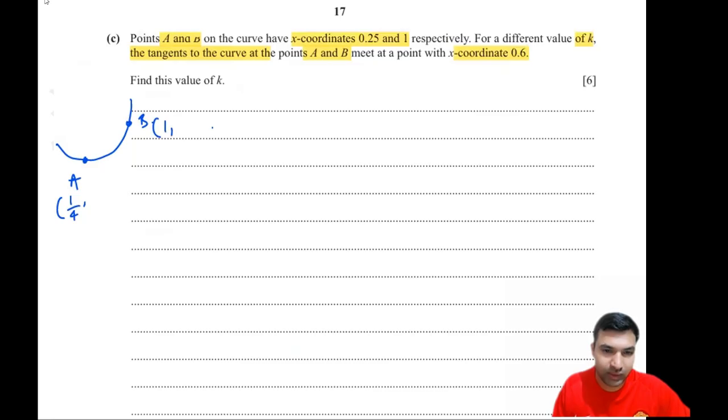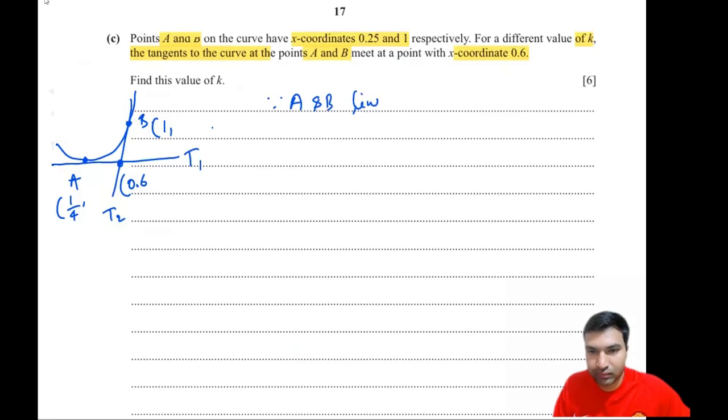So I could find the y value. And there are tangents drawn at this point and this point, right? So they meet at this point whose x coordinate is 0.6. So I can say this is tangent 1, and this is tangent 2. All right. So this is what we know. Now we have to compute A and B. Since A and B lie on the curve,